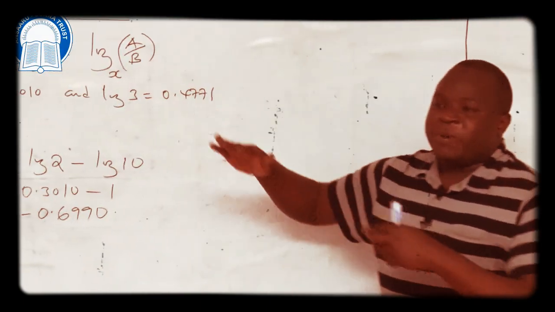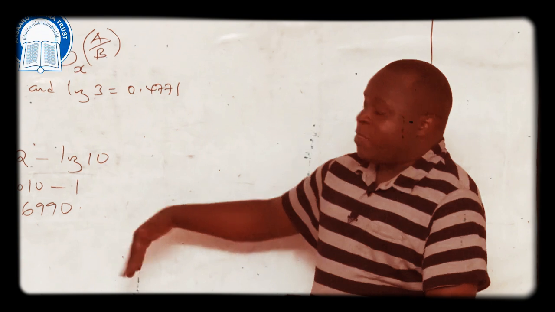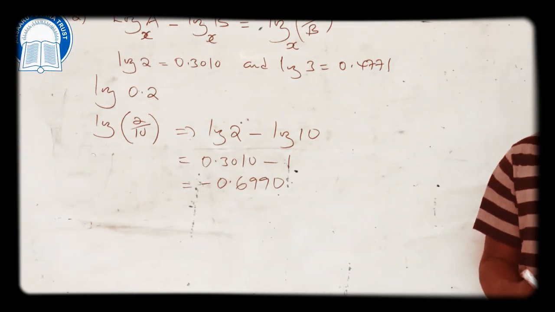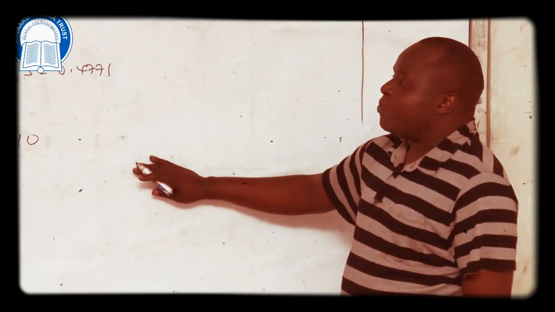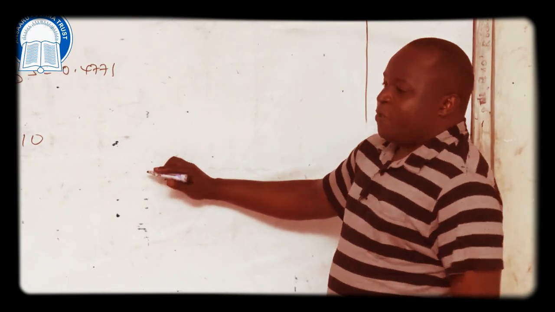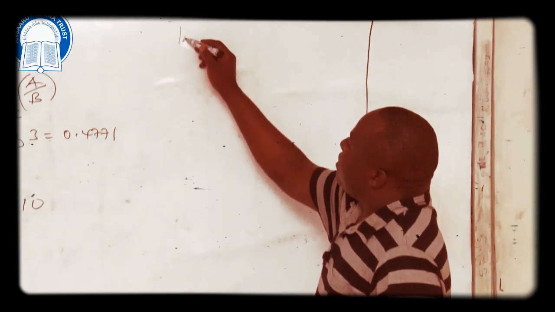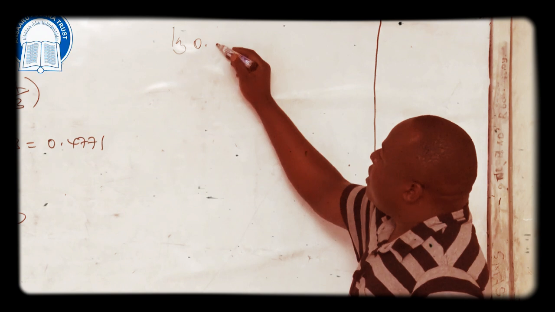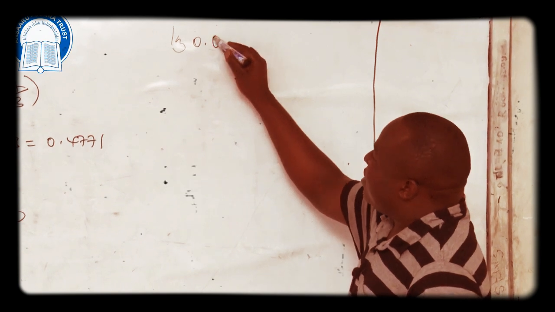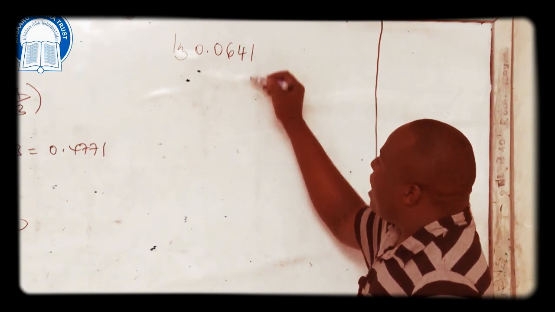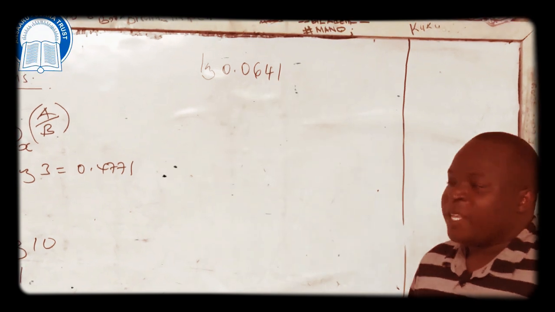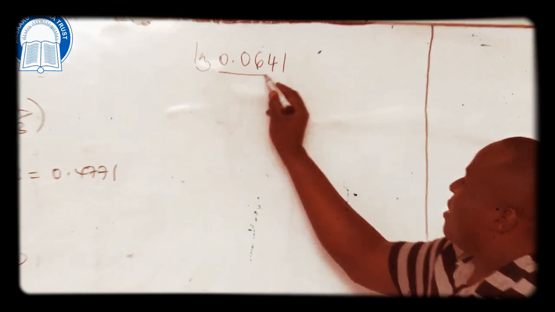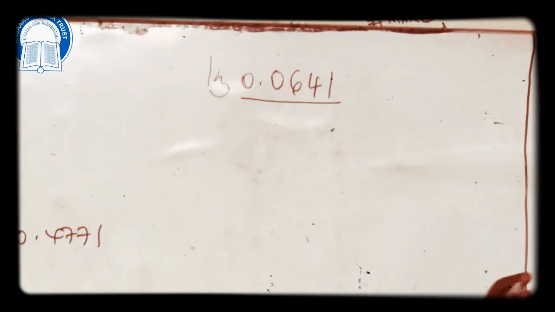Based on what I had explained before, maybe some people would think doing this then getting this is correct, but it's wrong. Let me take you back to something you did in Form 2. Think about Form 2. If someone asks you, find the value of log 0.0641. How do you do this? First of all, you write this number in standard form, which will be